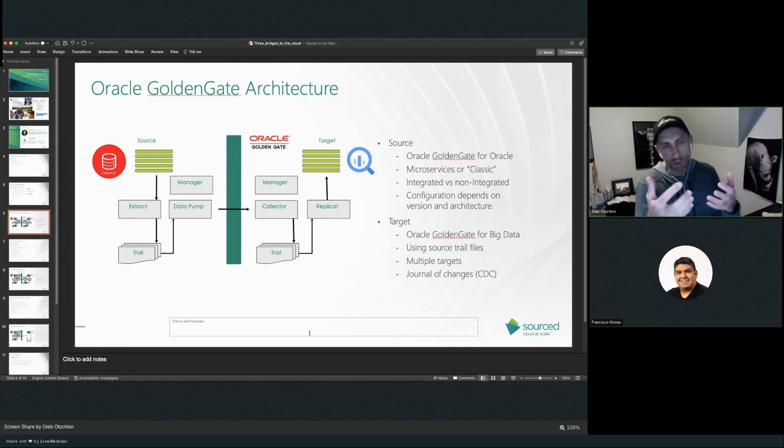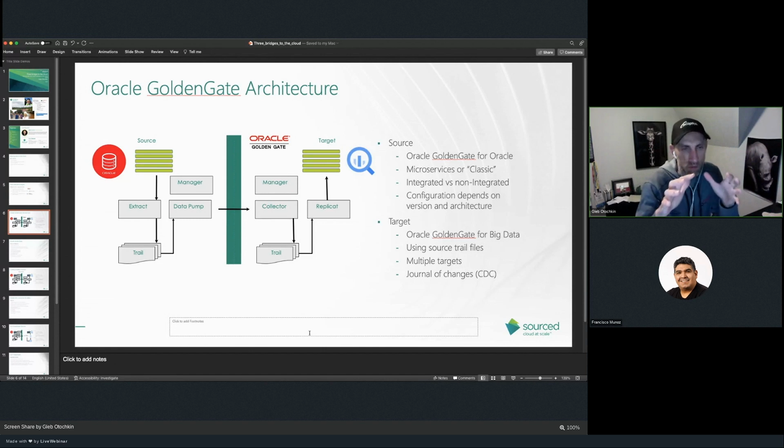You probably know that data goes to the redo log before it is committed in the source database. So GoldenGate has a way to keep track of uncommitted data and mark it committed or non-committed before putting it to the trail file. So in the trail file, you already have committed, completed transactional data.